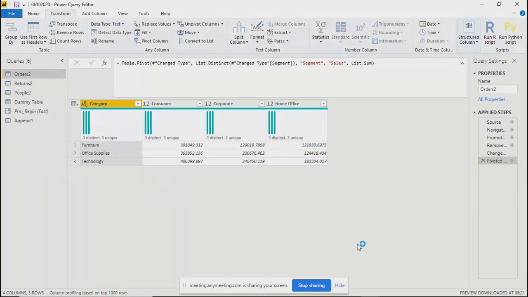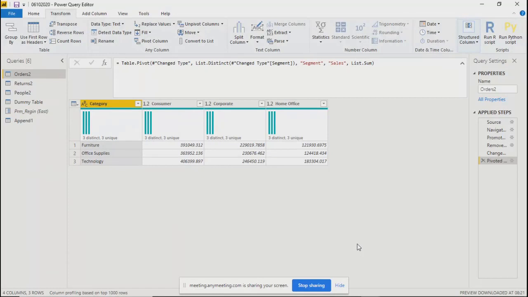I think it is acting like a drill down, no? I think it is segregating. See, we will not say it as drill down because we have summarized that data, right?